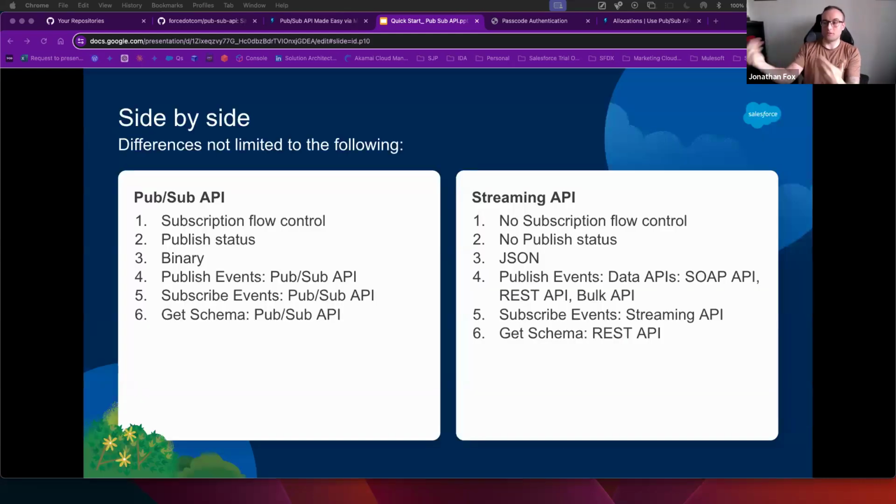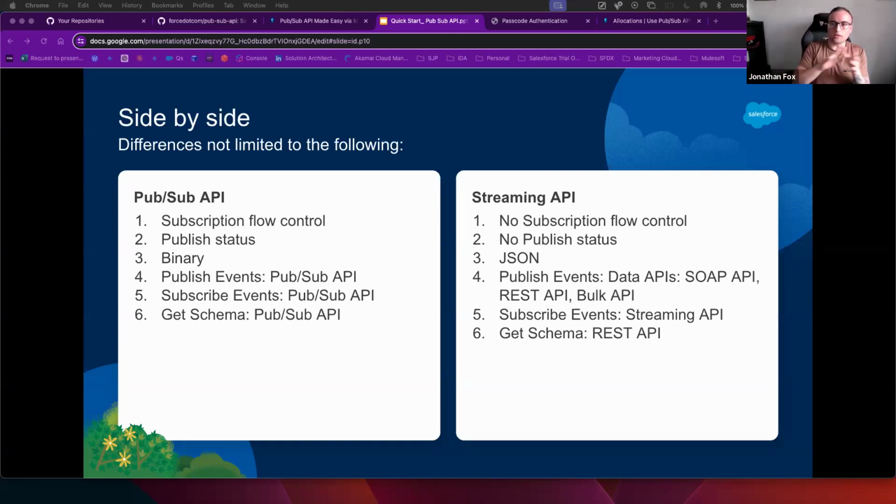And that leads us on to, before I actually come out of this deck and go into the hands-on bit of this, the side-by-side of the PubSub API and the streaming API. There are some immediate benefits of the PubSub API, apart from what I've already talked about, the speed and the way it encodes and things like that, that the PubSub API has today. And that's without what I'm going to talk about at Dreamforce this year about the managed subscriptions that it has over the streaming API to start with.